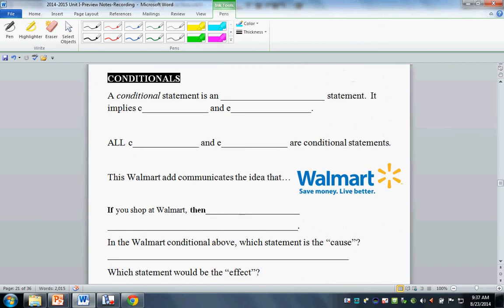Now, conditional, super easy. A conditional statement is an if-then statement. It implies some sort of cause and some sort of effect. So sometimes the words if-then are directly in the sentence. Other times they're hidden but implied. So all cause and effect statements